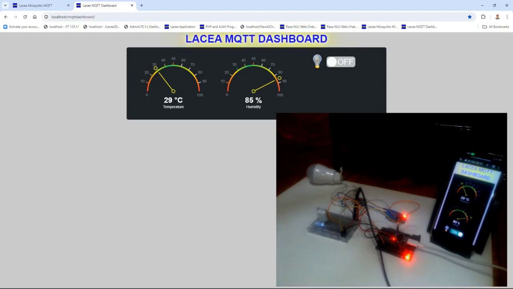Now let us turn off again the LED bulb. And as you could see, the smartphone did not yet turn it off, but every 10 seconds, it will automatically update the status of the LED bulb.